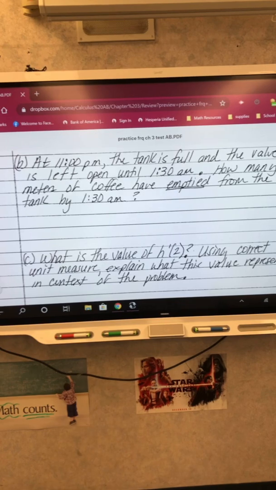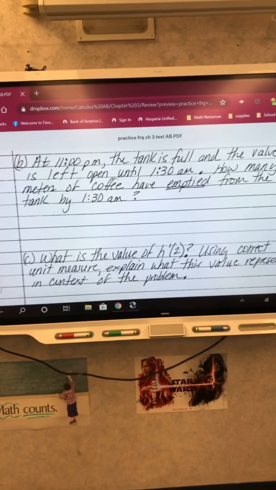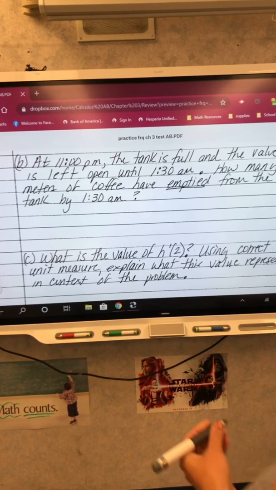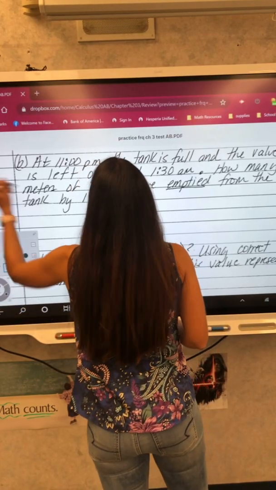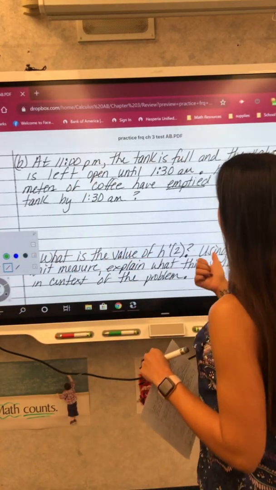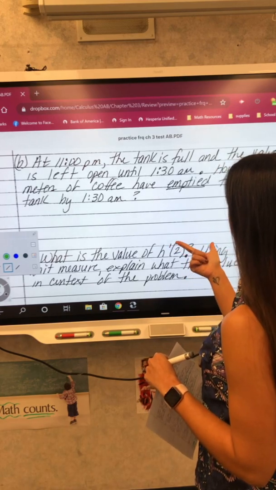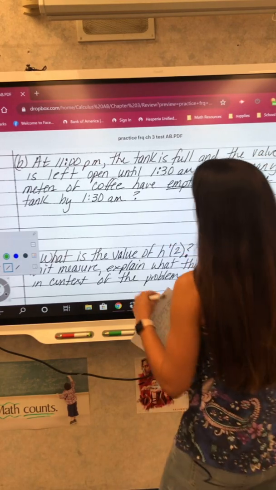Woohoo! All right, so at 11 p.m., the tank is full and the valve is left open until 1:30 a.m. How many meters of coffee have emptied from the tank by 1:30 a.m.? All right, well, first we need to figure out that time difference. So how many hours is that from 11 to 1:30 a.m.? So let's see. So 12, 1, and then 30 minutes. So 2.5 hours